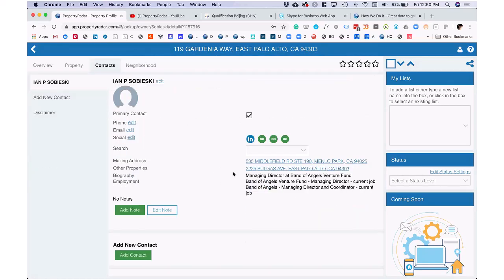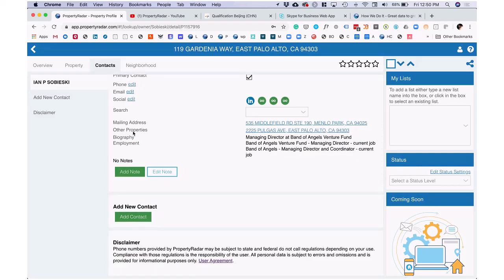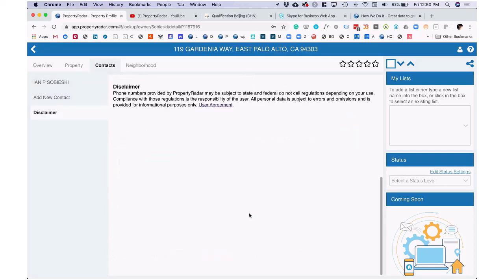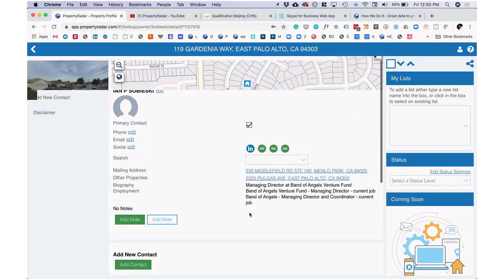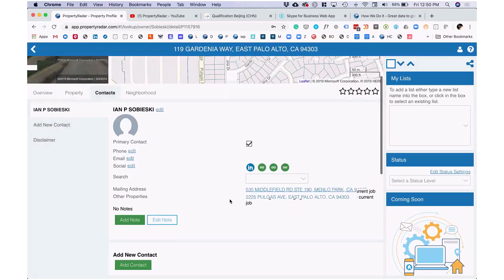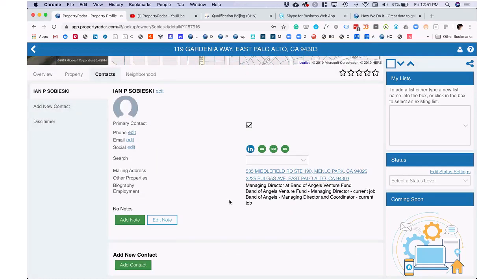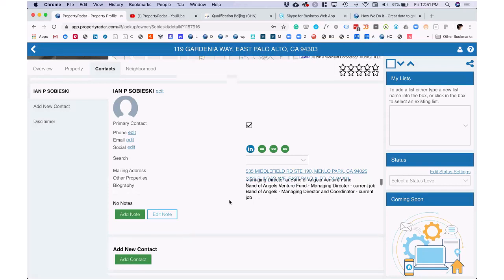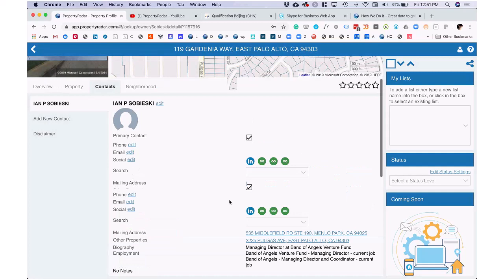So here's the answer, connecting the fact that he owns another property. So you can find, using that finding flippers feature, folks that own dozens of properties, hundreds of properties. There's some profiles out there where this list of other properties owned is scroll and scroll and scroll. And they're good sources because investors who own hundreds of properties are always willing to maybe let one go, because what may be an underperforming cap rate for them is a good cap rate for you. They're great people to talk to.